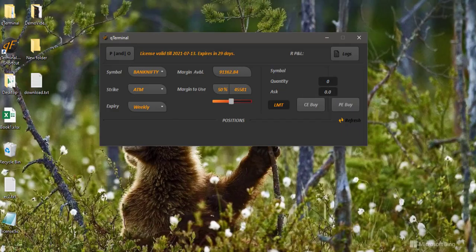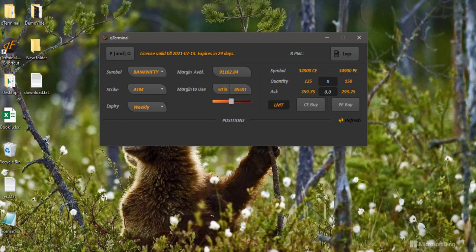This is a short demonstration video of a new interface. It's almost 9:15 now. We'll start receiving the live feed. Okay, let me pause the video so that I can explain how the new interface looks.